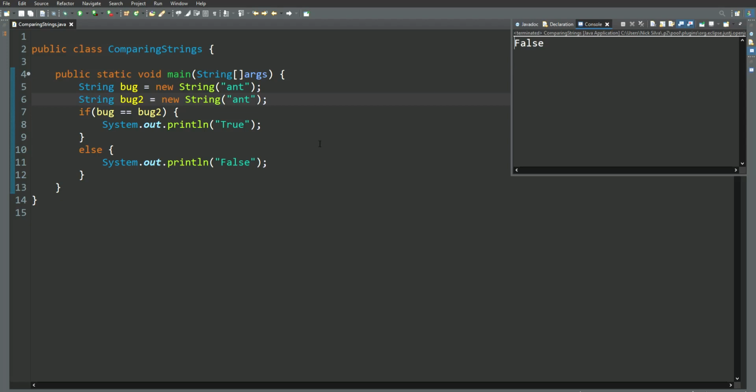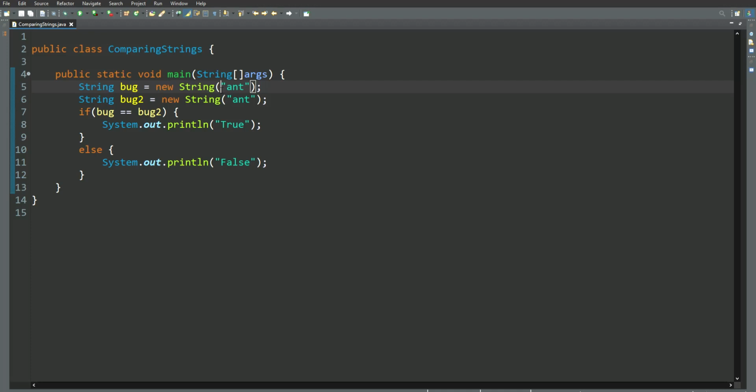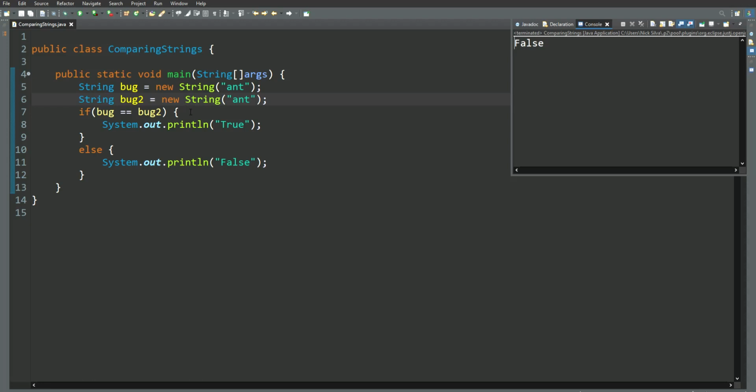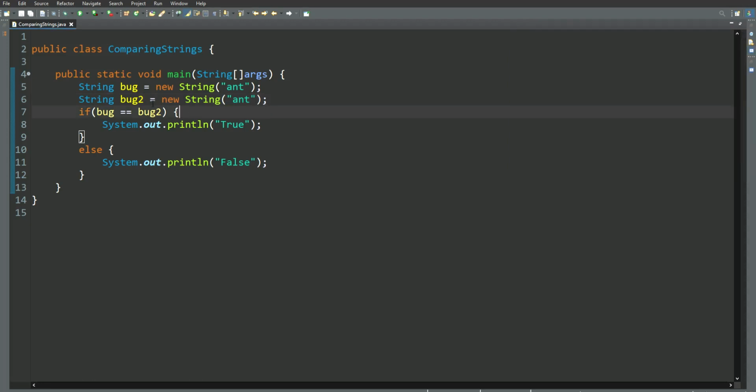And the reason this is happening is because it's comparing String bug to String bug2, and the difference is they are both different objects. Although they have the same string value, they are two completely different objects. See, if we run it, we're going to get false, which means they're different. So if we wanted to make them the same, we're going to have to use the equals method. So to do this, we're going to erase this, and we're going to write if bug dot,